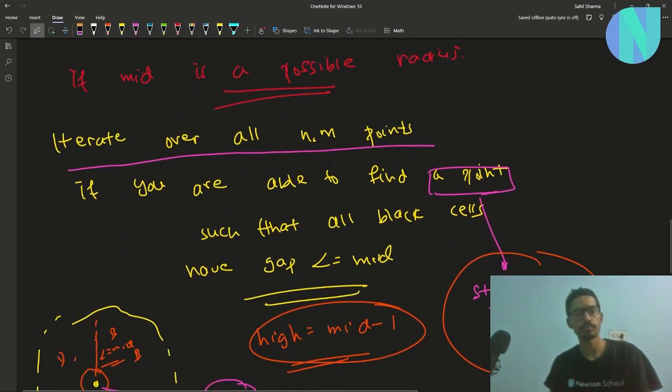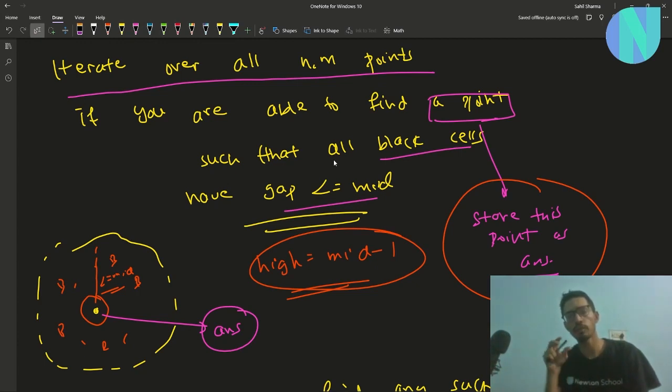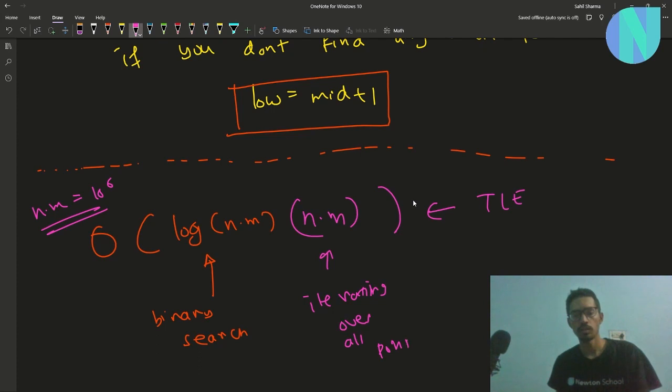But if you check here, we are finding if all the black cells have gap less than or equal to mid. How can we do this in constant time, right? We are iterating over all n into m points, and for every point we are checking if all the black cells have gap less than or equal to mid. We have to do this in constant time or in log time. If we are not able to do this in log time or constant time, we will TLE here, right? So this is for iterating over all points. Now there is some hidden time complexity. Let's call this time complexity x. This is for checking